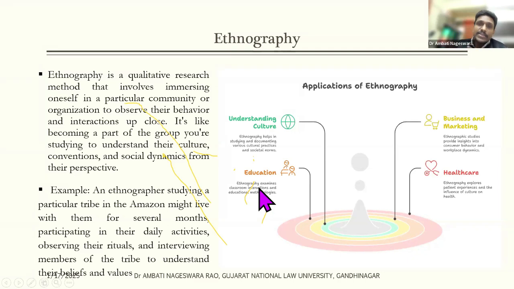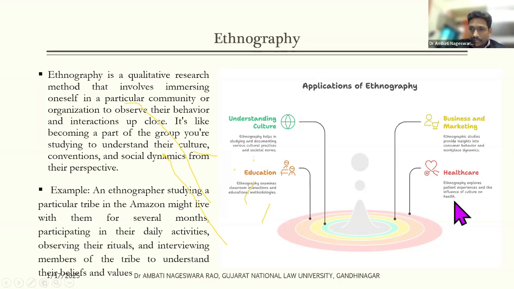One can also conduct ethnography as a part of educational curriculum. For example, I want to understand how a social entrepreneur teacher, what kind of pedagogy they have, what kind of teaching curriculum they have, how they ensure that students take entrepreneurship as their career option. For that, just asking questions to the incubation manager or head of the university, you may get something, but you may not understand what teaching pedagogy they are following. Unless I go and sit in their class for a couple of classes, what kind of business plans they have, what kind of competition they have, right? You can't get a complete picture of ethnography research.